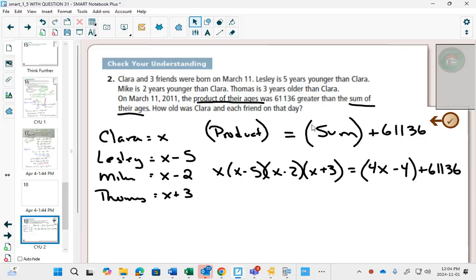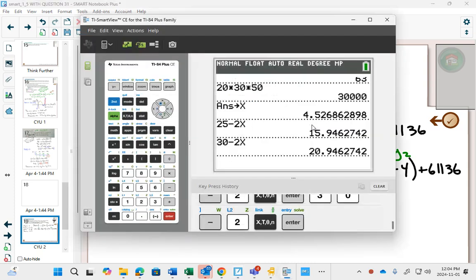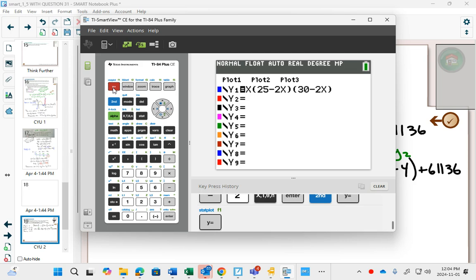And what we're going to do to solve this is use a graphing calculator. And when you have 2 things in an equation, you can type one side into one equation, and the second side into another equation. So I'm going to go to my graphing calculator. I'm going to go to y equals. I'm going to write the,